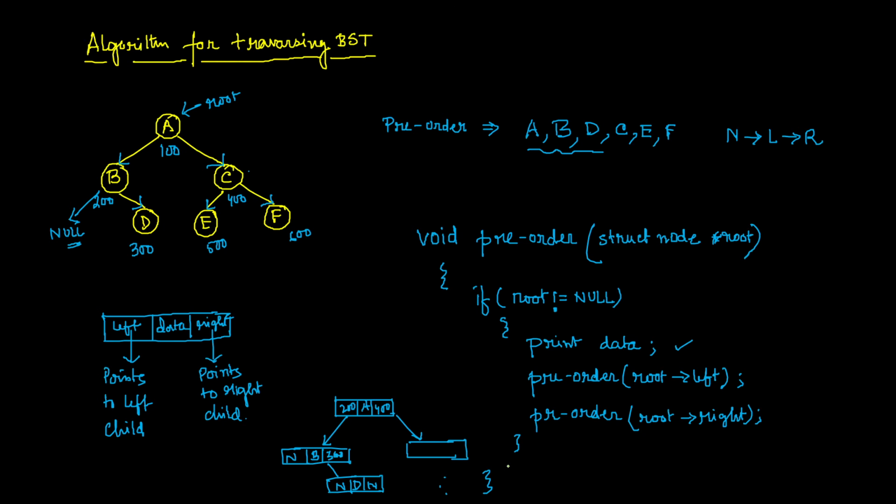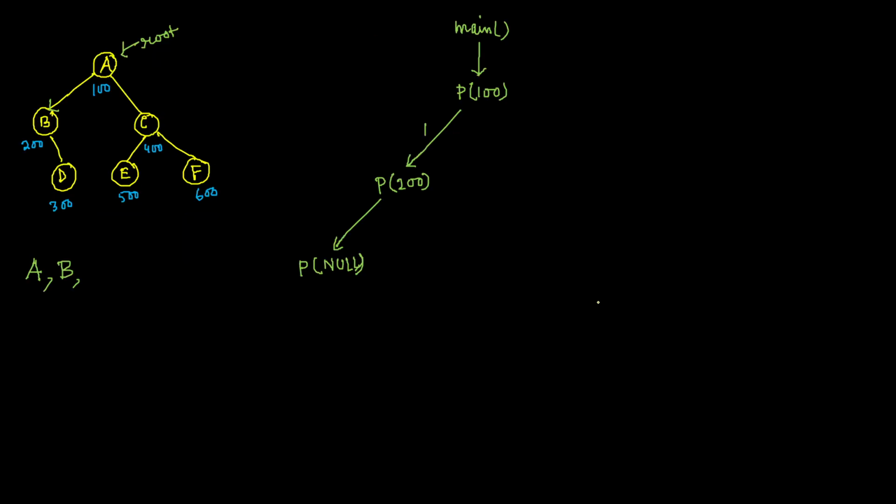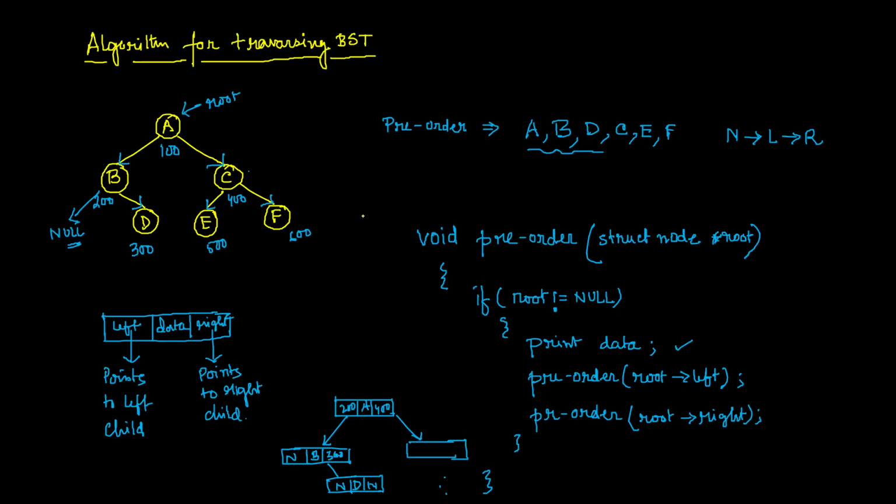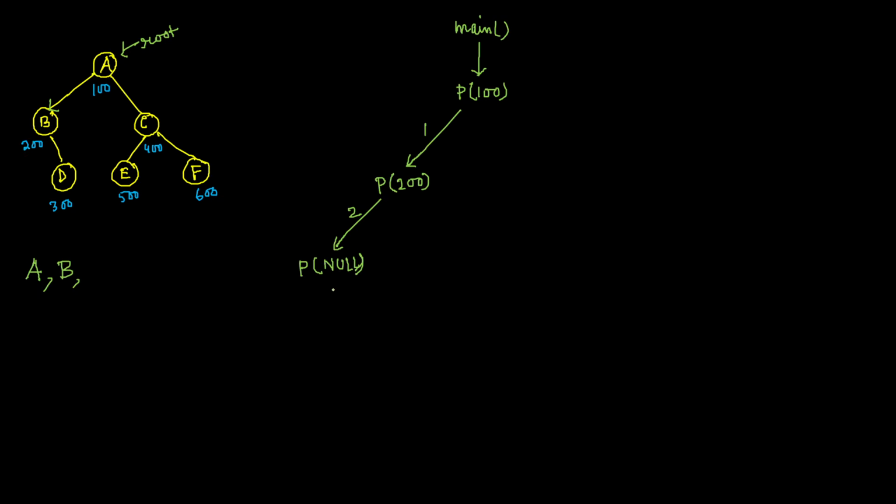Since it is not written, that means there is no responsibility of this pre-order function whose condition will be validated. So with respect to this pre-order function, you see there is no job, nothing to do. That means at the very beginning this function will get this condition validated, it will come here, there is no other code present. That means the purpose of this pre-order function is completed.